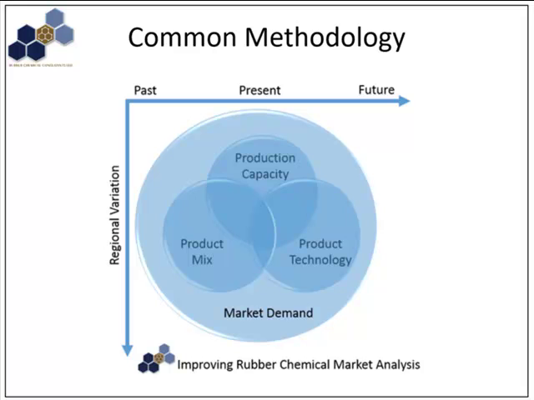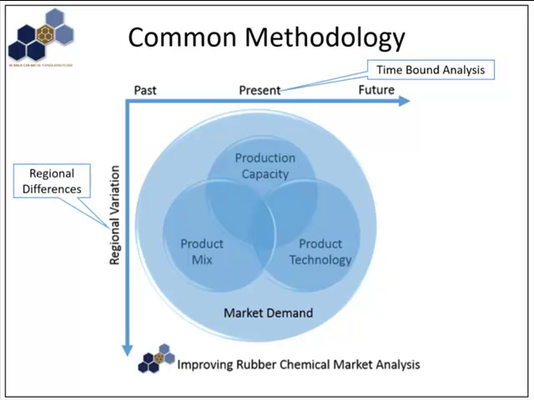Evaluation of rubber chemical market demand requires the analysis of multiple variables which act simultaneously and often have opposing effects. Analysis requires each variable to be time-bound. This is achieved by yearly increments for all variables. Effective analysis must also recognize regional differences. These take the form of differing technologies and market requirements, as well as differing legislative requirements. Rubber Chemical Consultants system utilizes 10 separate regions to achieve this.